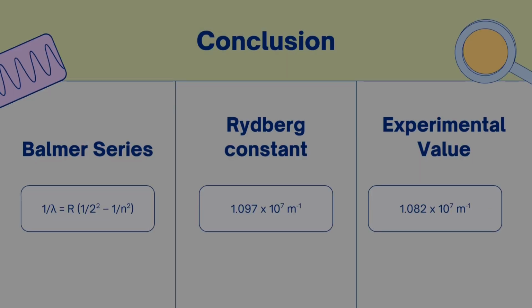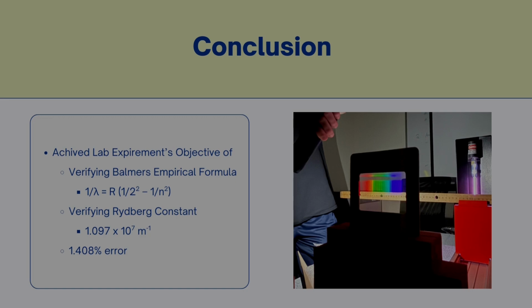In conclusion, we used the Balmer series equation to create a graph using 1 over lambda as our y-axis and 1 over 2 squared minus 1 over n squared as our x-axis, making R, the Rydberg constant, our slope, getting an experimental value of 1.082 times 10 to the 7th. We achieved the experiment's objective of verifying Balmer's empirical formula of 1 over lambda equaling R times (1 over 2 squared minus 1 over n squared) using Rydberg's constant of 1.097 times 10 to the 7th, ending with a 1.4%